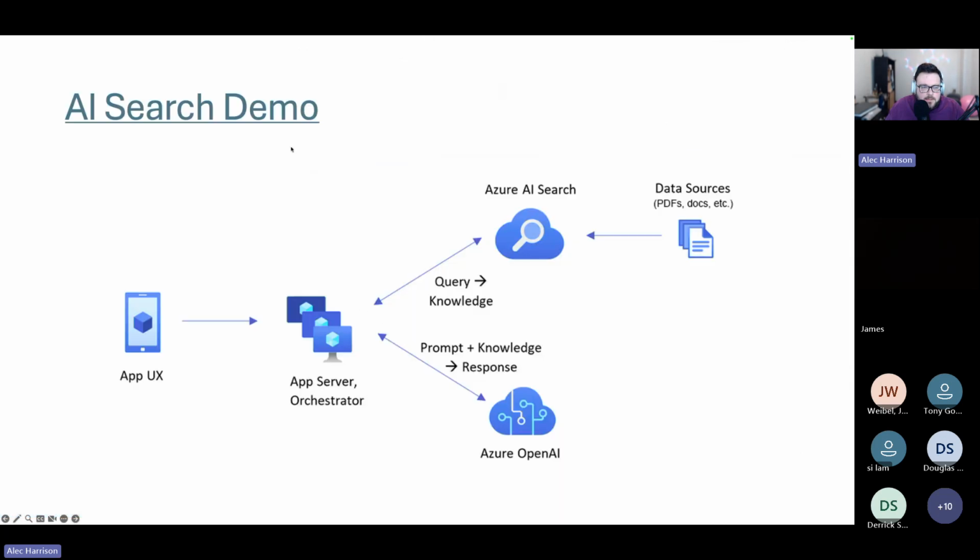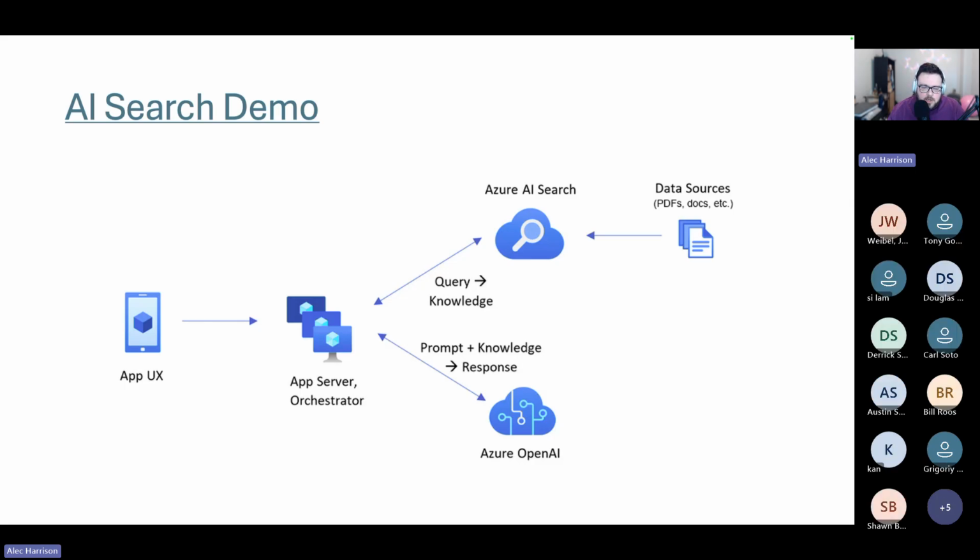The first one I have is the AI search demo. This is a search demo that basically just shows you how to get data, your PDFs, JSON, any sort of file format, index it, and get it into AI search. So it has a simple application that calls their app server orchestrator.